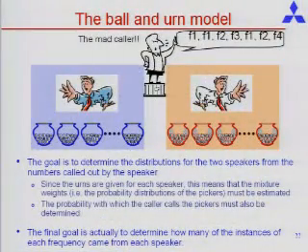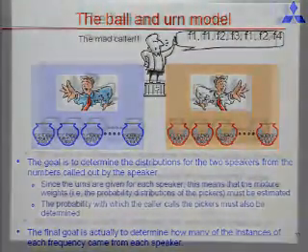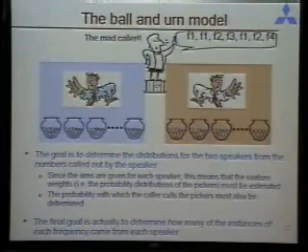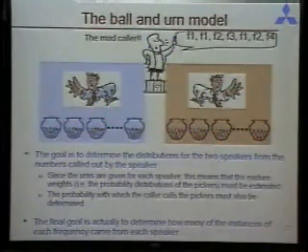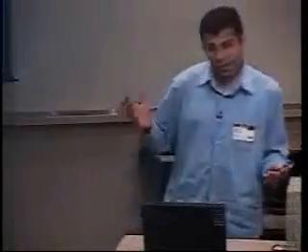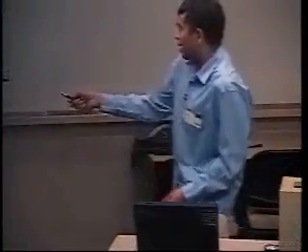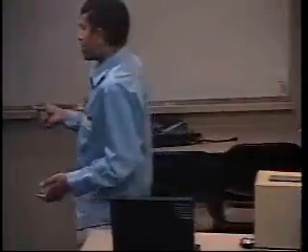The point is that the total number of counts of a particular frequency that he calls out is going to have contributions from both speakers. He may call out F1 1,000 times. Of these, some number have come from this one and some from this one. And our job now is to infer how many of these counts came from the first guy, and how many came from the second guy.